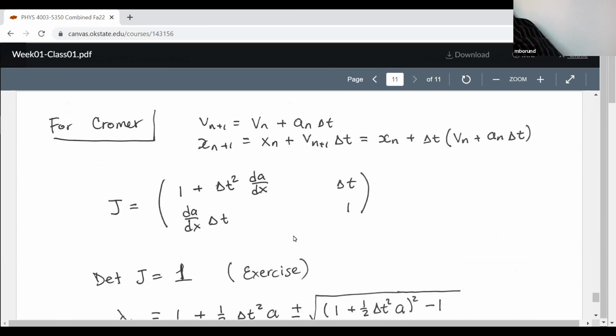So this is the same for the Kromer algorithm. Here we take the derivative with respect to xn. Oh, the xn plus 1, right? So if we look at it, this is xn, bn plus 1 delta t. This bn plus 1 is something that we found already in the Kromer. The difference between this one and the Euler is that this is the bn plus 1 instead of the bn. So once we stick that in here, we get this quantity, and then we can take the derivative with respect to